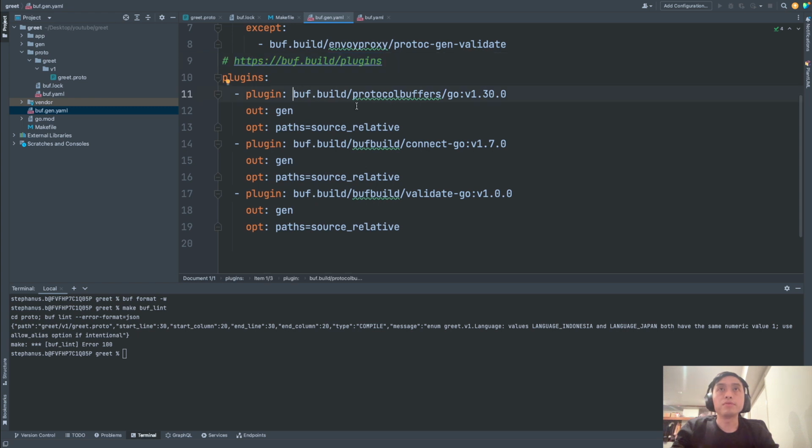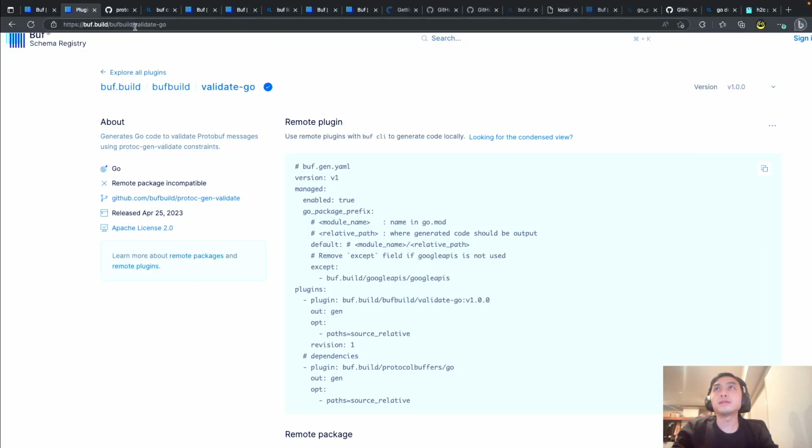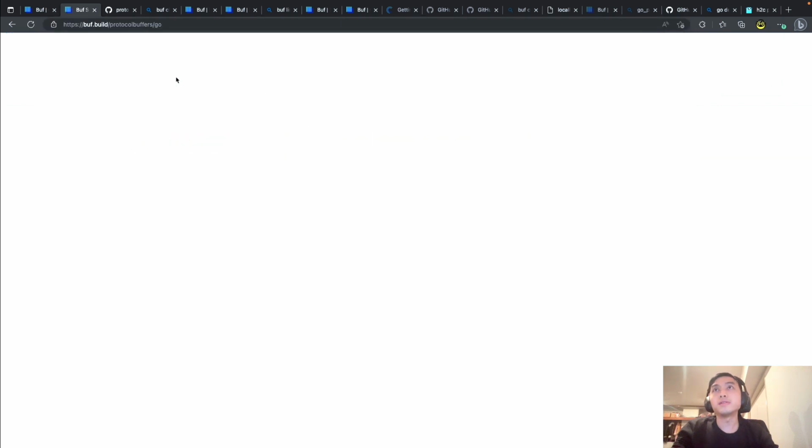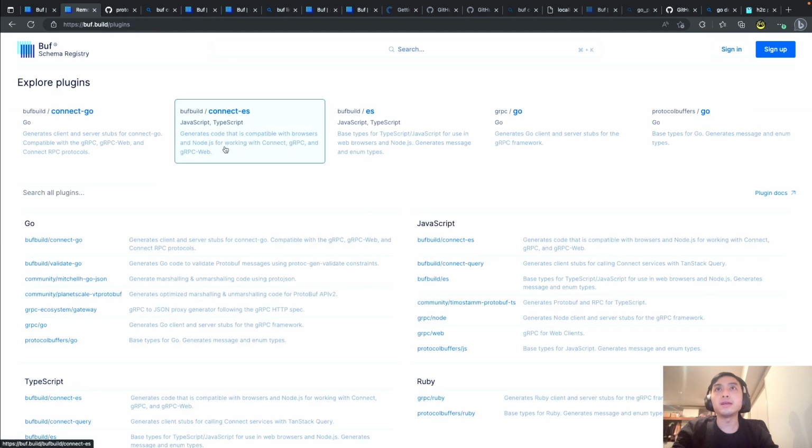Right? In this case, I'm using buf.build/protocolbuffers/go to generate stubs for our enums and messages. You can omit the version, which means that you will use the latest version, but you can also use a specific version. And this is actually a link, so you can try to open that in your browser, and then you can see the plugin descriptions, and also explore any other plugins available in